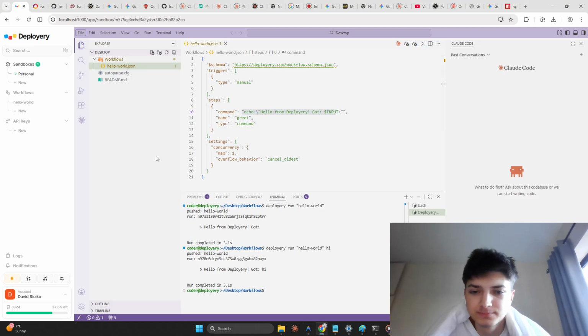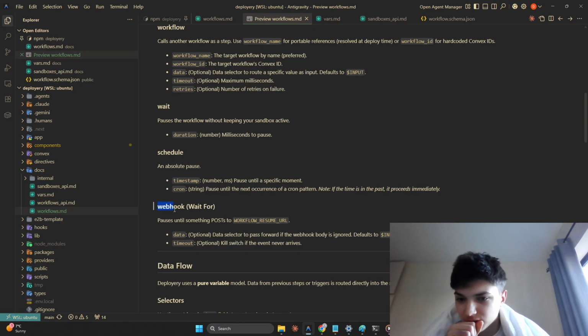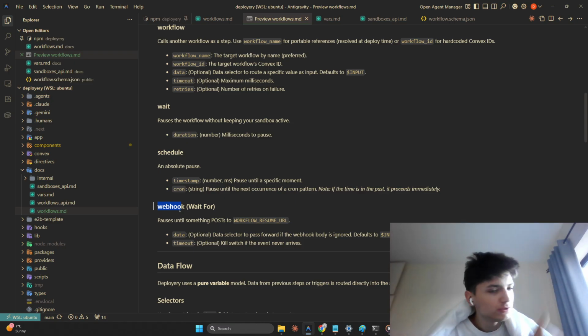Yeah. And so why I stuttered there, why I didn't say anything there, is you have a webhook step, which does the same wait essentially, but it can wait like infinitely. And then if you set it so that when you hit up an external service, you set the webhook URL for it to hit when it comes back, then it's gonna wake the sandbox up and run it at that point.